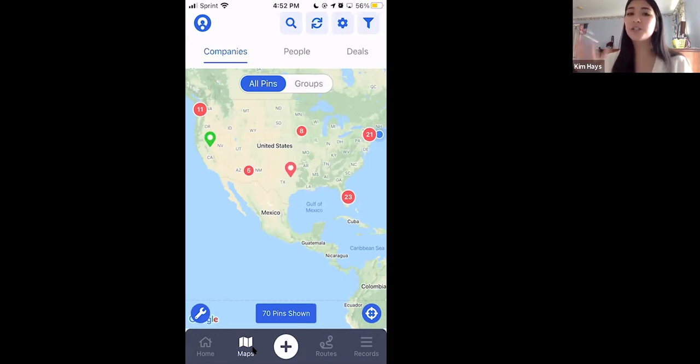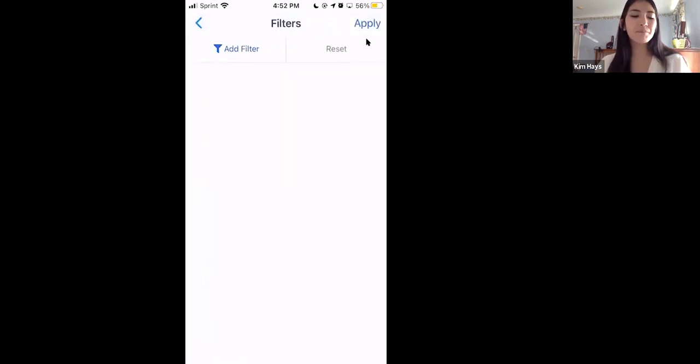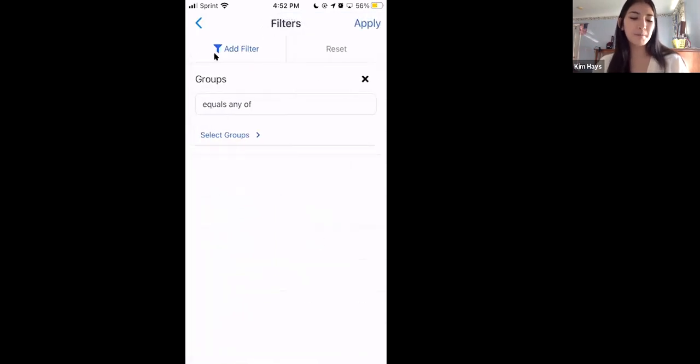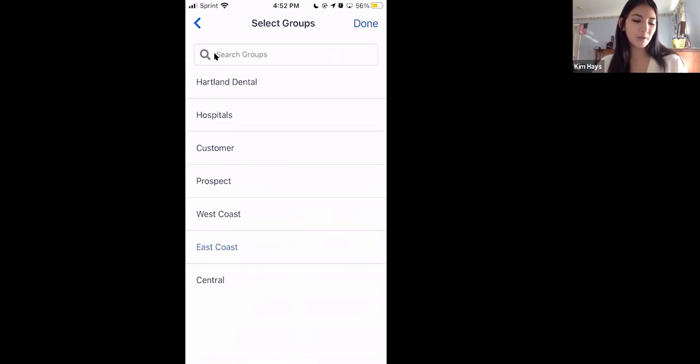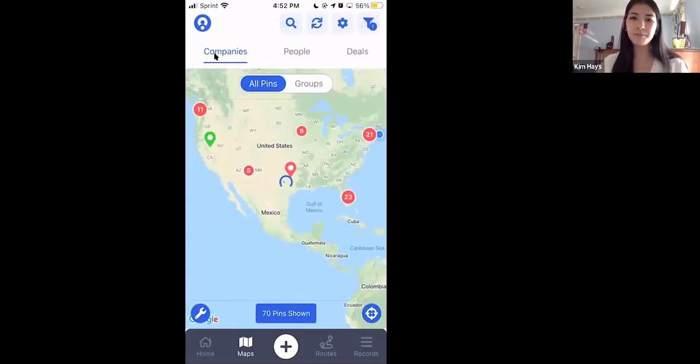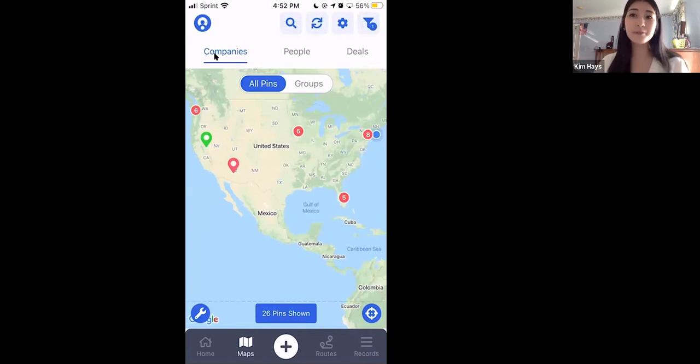When I want to filter from this map, very similar to filtering on the routing map, I'm going to hit this symbol right up here, which is the funnel. When I select on that, I have the options again to add a filter. So I can go ahead and add a filter based on group. And I can say, I only want to see everything in my prospect group. When I go ahead and add this filter, I can go ahead and apply it in the upper right-hand corner. And now it's going to whittle my map down from 70 pins to just the 26 pins that are in